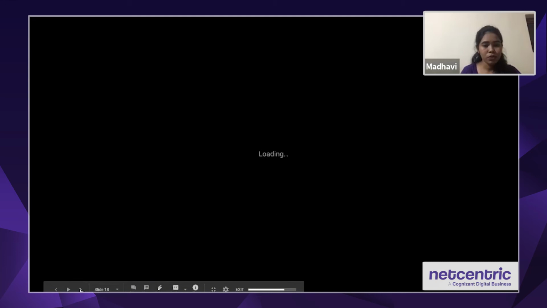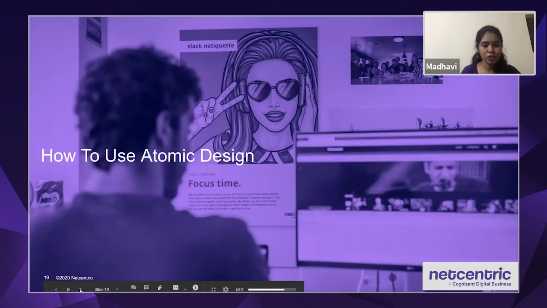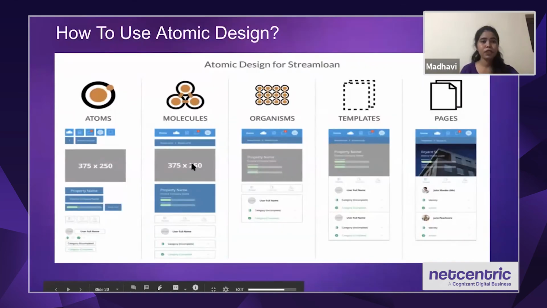Now going on to the next slide, how to use atomic design. Combining all five steps, we can create a page, and next we look at how to use atomic design on the web. If I talk about the folder structure, we create a folder structure like atoms, under that molecules, organisms, templates, pages.